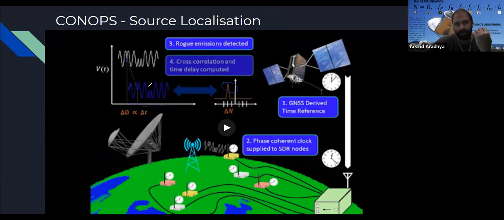It's a property that the sum will reach a maximum only when these two signals are exactly on top of each other. And the difference between the peak of this sum and the floor of this sum is determined by the length of the sequence, and also the properties of how the sequence is modulated. Roughly, if I have a really long sequence, then the degree of match has to be really, really fine, and when it doesn't match, it matches much worse.